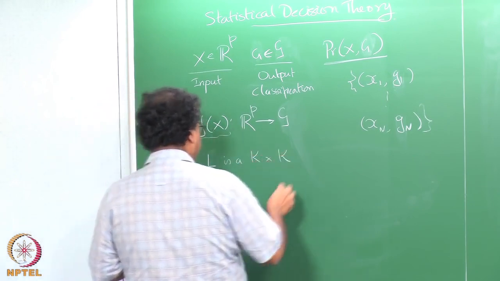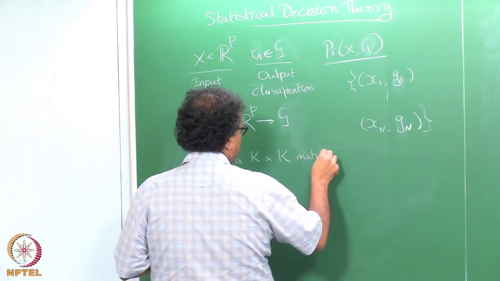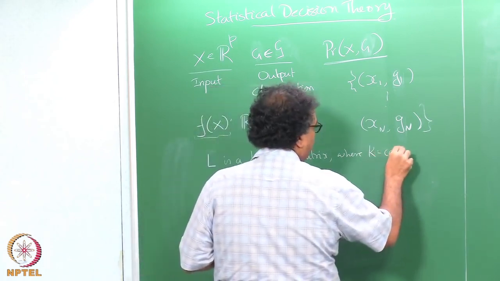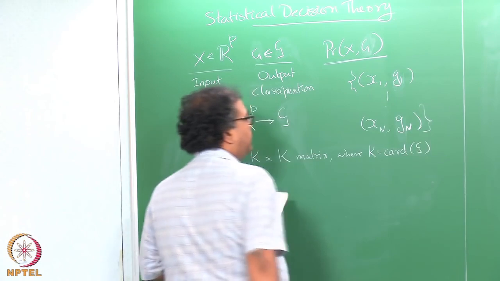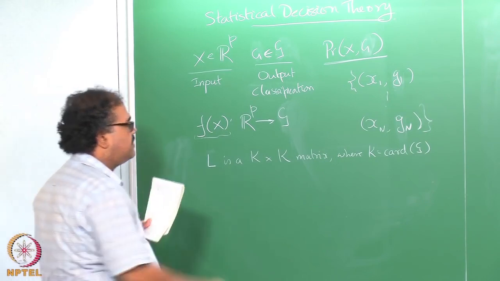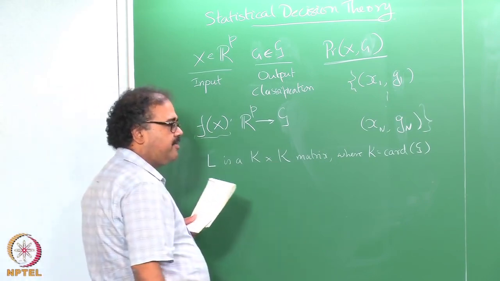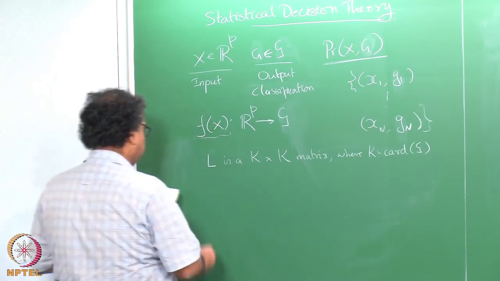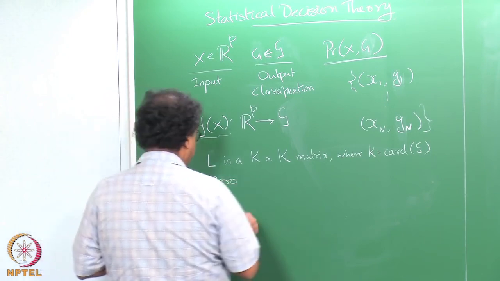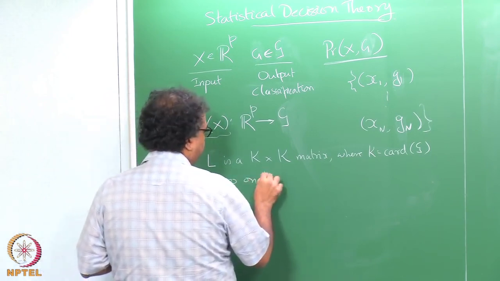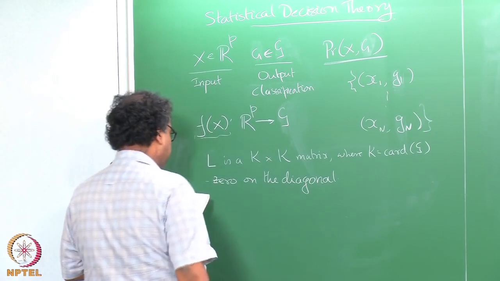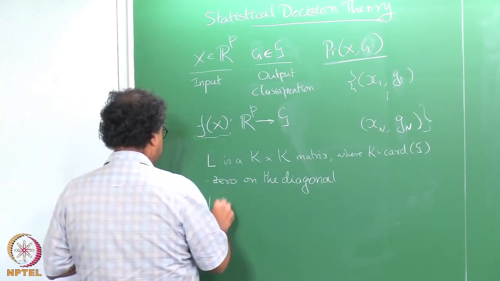k by k matrix, where k is the cardinality of the discrete space script G that we are looking at. So, suppose there are 5 classes, then my loss matrix is going to be a 5 by 5 matrix. The thing here is it is going to have zeros on the diagonal,